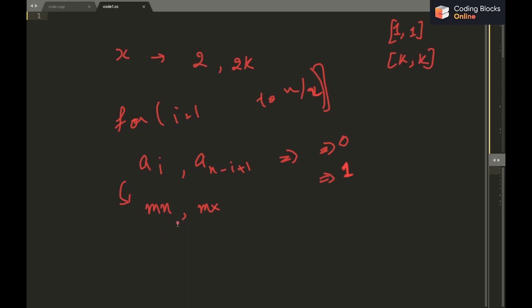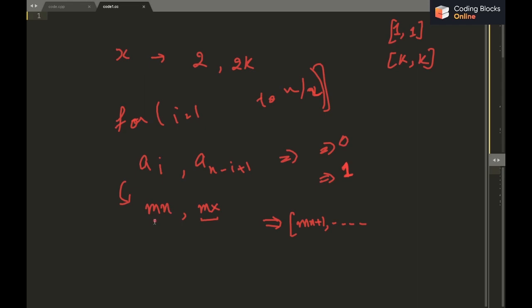Now if I am to change only one value, let's say I change the minimum value. If I change it to 1, the sum will be mn plus 1. Let's say I change it to 2, it will be mn plus 2, and so on, it keeps increasing.